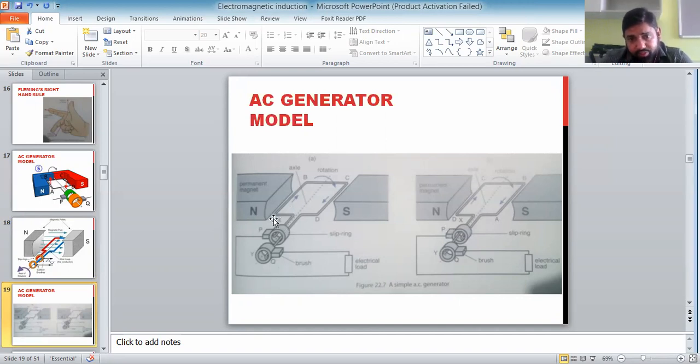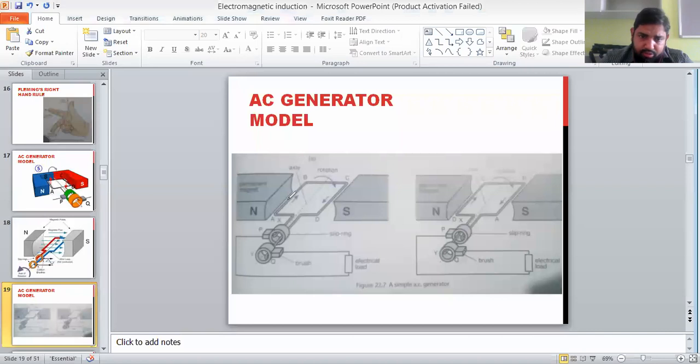Okay, so at first A, B, C, D, and the rotation given here is clockwise. Clockwise means, I'll repeat that process once again. You can also apply it with me. So AB will be moving up and CD will be moving down. Changing the color. So you can apply Fleming's right hand rule, north to south, force upwards. Direction of current in AB is A to B. And for CD, you can see that force is downwards, so direction of current will be reverse. So direction of current in AB is A to B, and in CD is C to D.